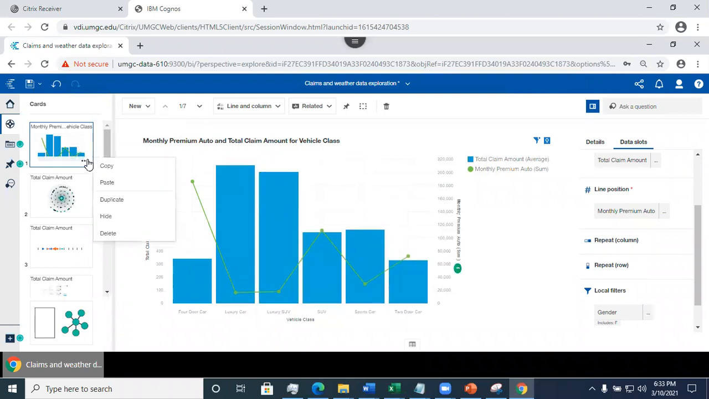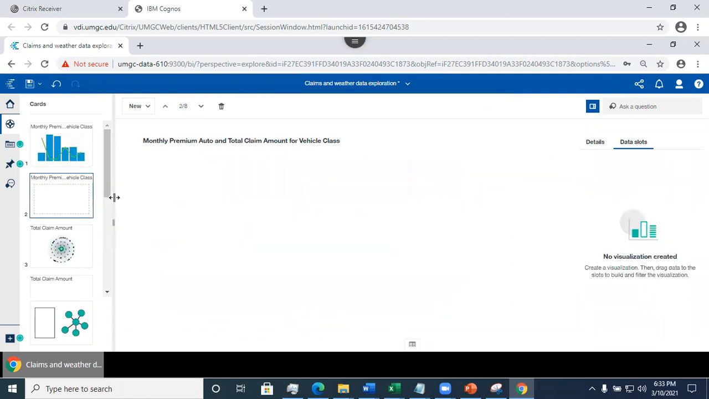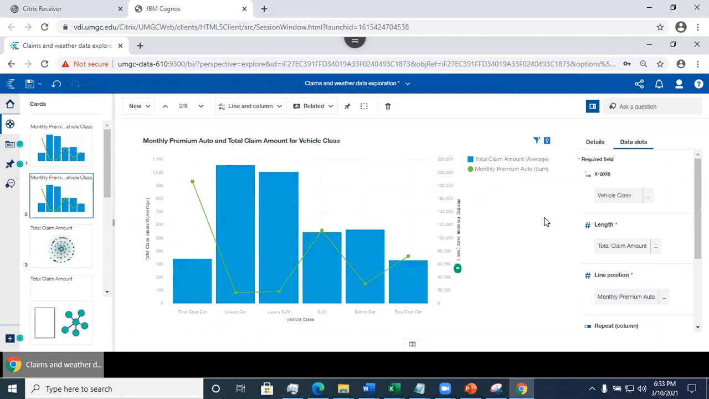I thought I did this. Hold on, copy, and then I do duplicate, right? Sorry, for some reason, sometimes this does not cooperate. Oh, here it is, duplicate. There we go. So now I have two visualizations, right? But the difference that I'm going to make in the second one is